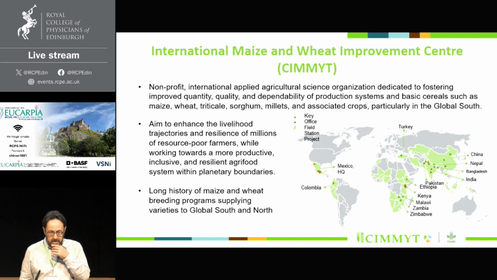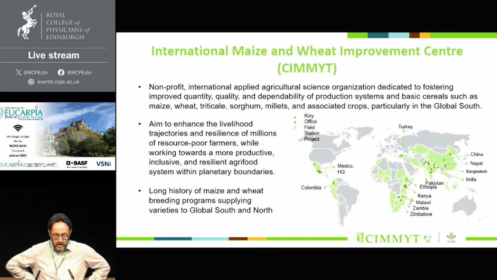I know many people here know all about CIMMYT, and there's lots of my colleagues here. So CIMMYT is the International Maize and Wheat Improvement Center. We're a non-profit international applied agricultural science organization. And we basically work on providing improved agronomy and improved production systems, and also improved basic cereals such as maize, wheat, triticale, sorghum, millets, and so on, particularly for the